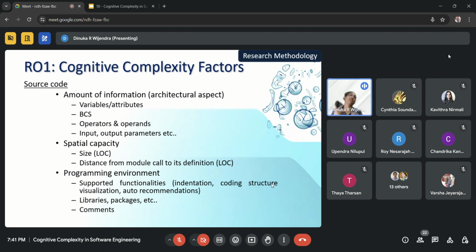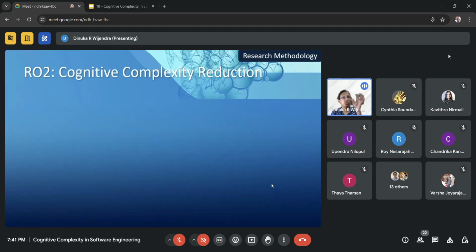So the supporting functions under the programming environment I have also considered as subparameters coming under the source code factor. So from that, research objective 1 is over.